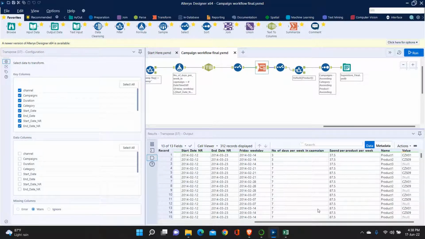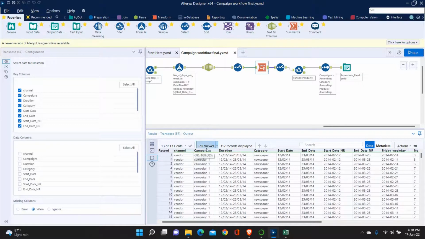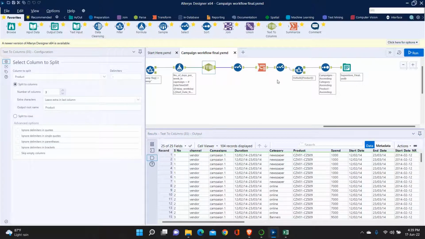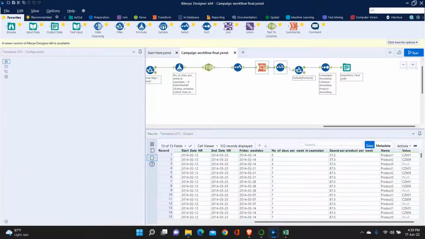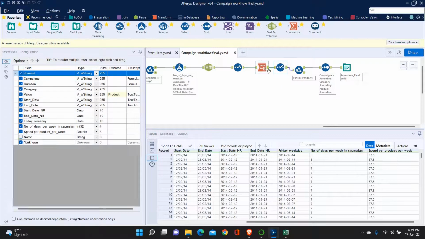So every product is multiplied by 3, so here we have 312 values, and here we will have 104 values. Basically every row is multiplied by 3, because these 3 things are converted into columns, okay. So we will have the output of,